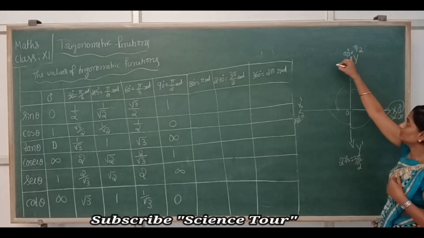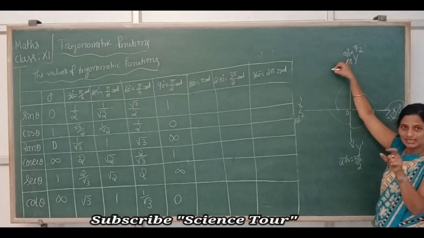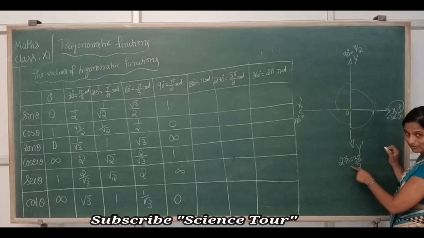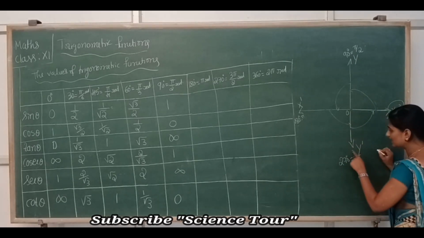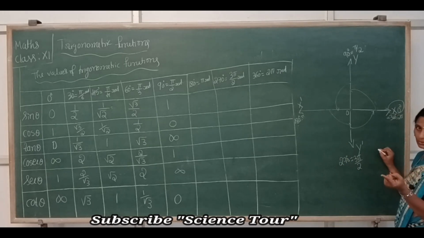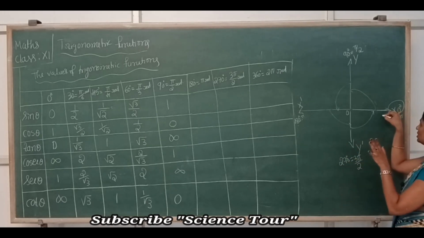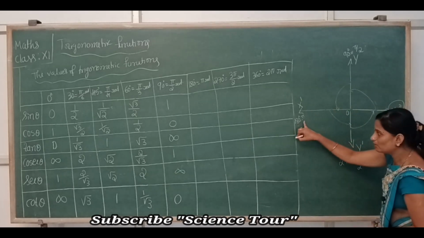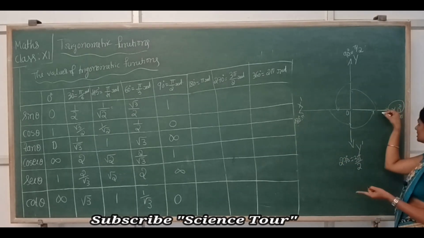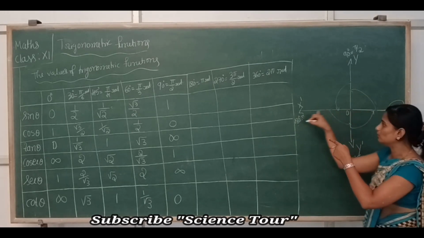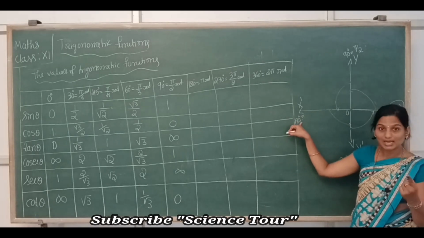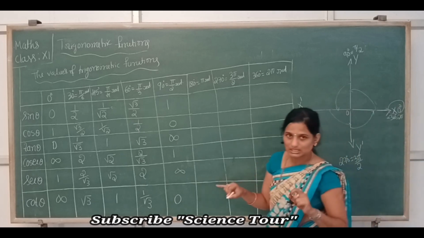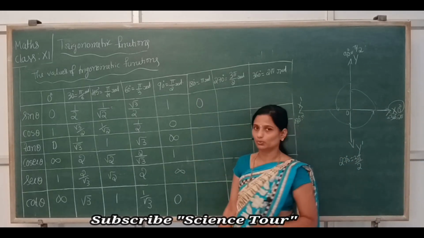Next, whatever value it takes for 90 degrees, the same value it takes for 270 degrees, but the 270 is a minus value. Clear? So first we'll see 0 degrees. What is sine 0? It is 0. Can you say what is the value of sine 180? Sine 0 is 0, the same value, but 180 means minus 0. Sorry, minus 0. We are not writing minus 0, we are writing just 0.